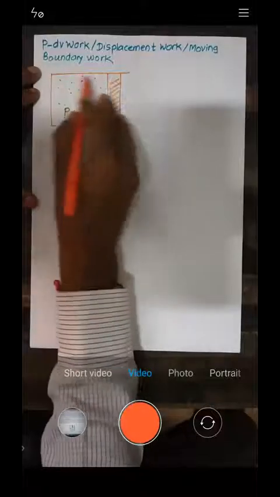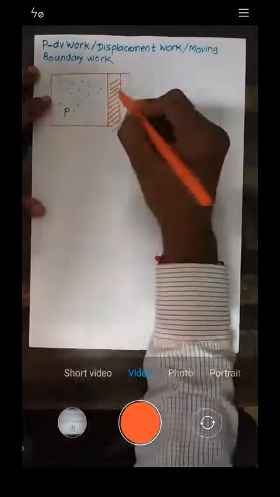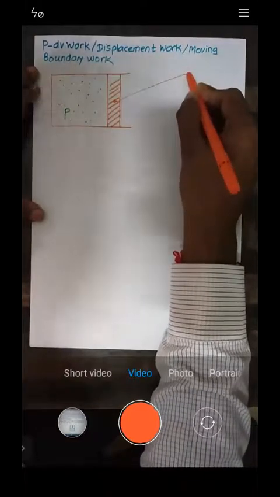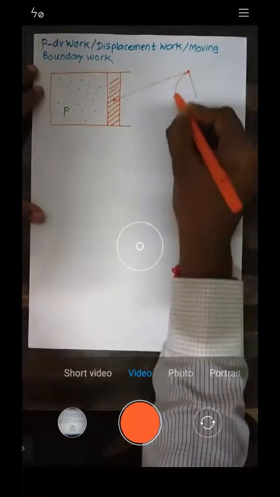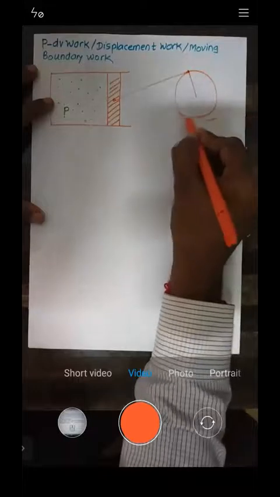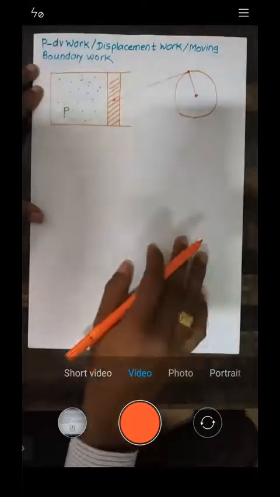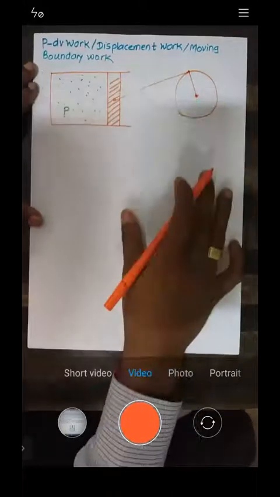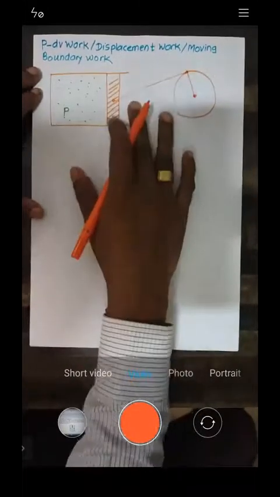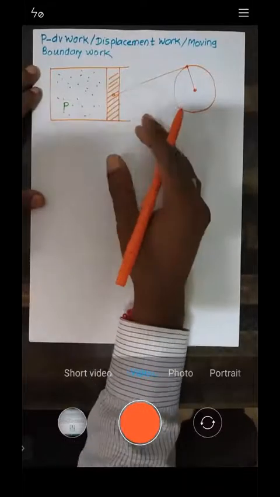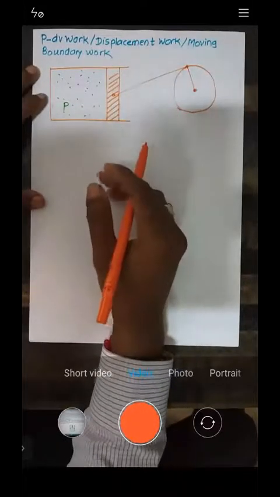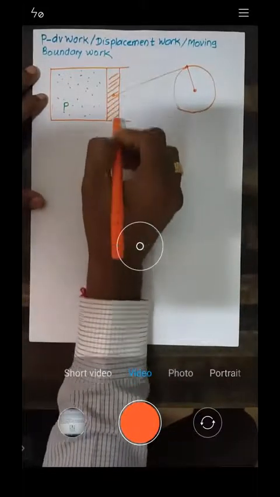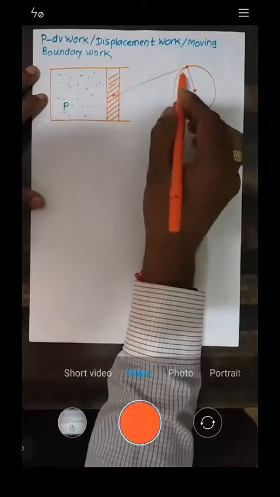This is the cylinder inside which we have a piston. This piston is further connected to a connecting rod, followed by a crankshaft. I will draw a simple, rough diagram. This is the piston, this is the connecting rod, and this is called the crankshaft. In detail, we are going to see this in the gas power cycle. I'm not interested in the construction, I'm interested basically in the working.